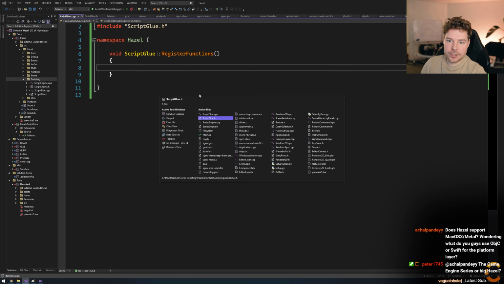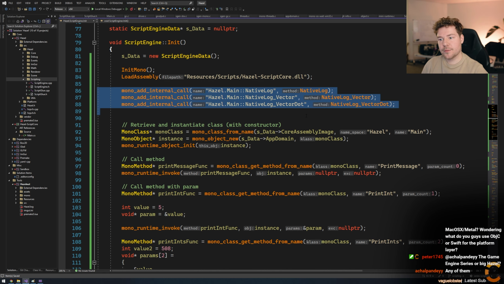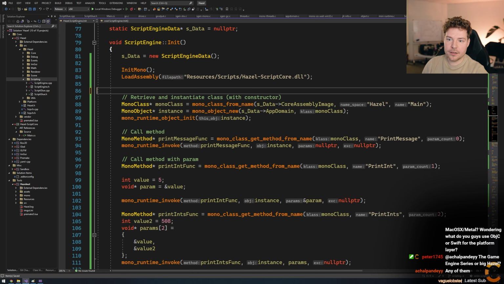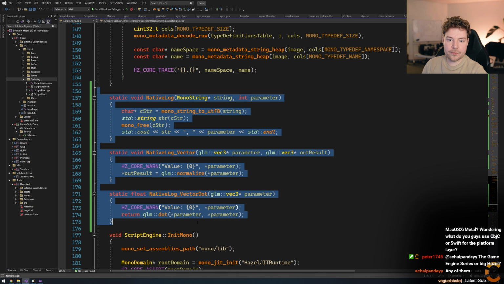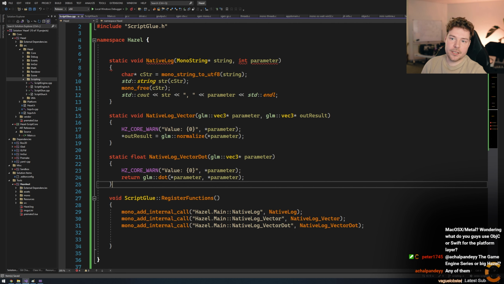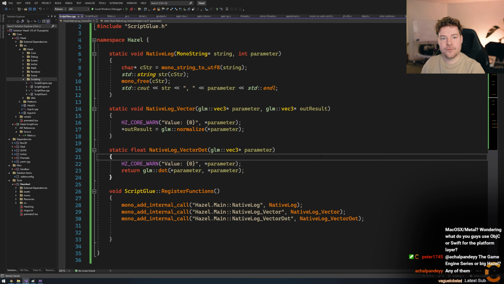Then we just have register functions, and the point is all of these internal calls are now here, and all of this stuff, like native log, is effectively here too. In Hazel Dev, or in the big version of Hazel, this is just one huge file that has everything, and I really like doing that instead of having all of our C# stuff segregated